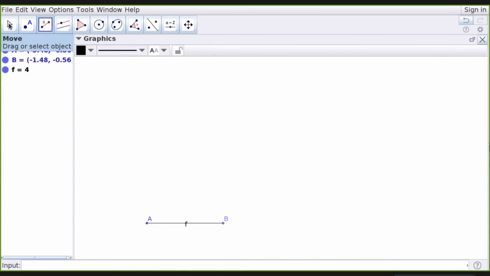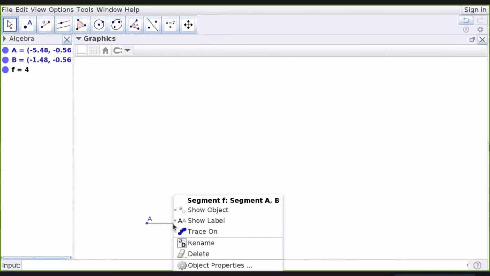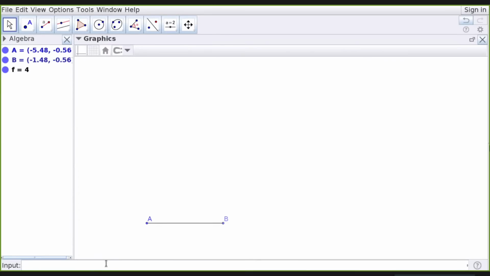If you don't want to show the name, you can right click on the line and choose remove show label. So I can just show AB. If you want to show its value, you have to go to object properties.